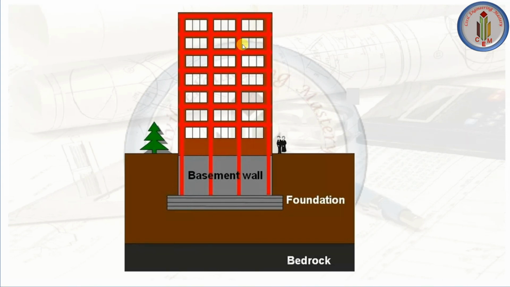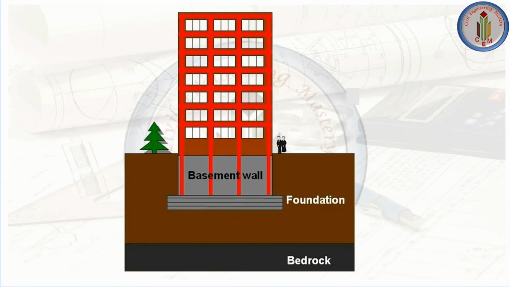For example, can you see here this building load? All the load of the building will come to the foundation. So we have to design the foundation very carefully in order to transfer the superstructure load to the soil. If a soil is overstressed, it may lead to a shear failure resulting in the sliding of soil and thus result in the collapse of the structure. So the foundation should be designed in such a way that there is no possibility of tilting of the structure.